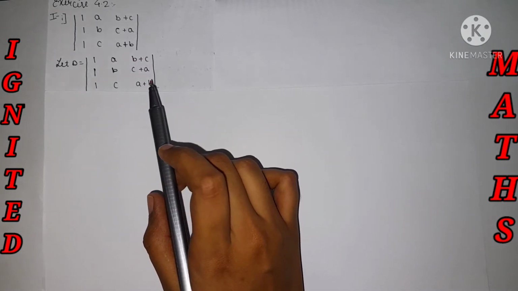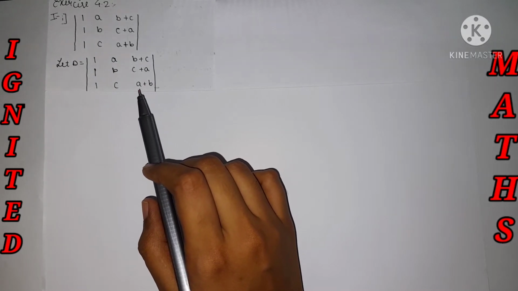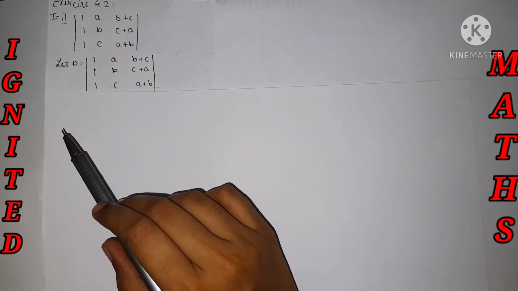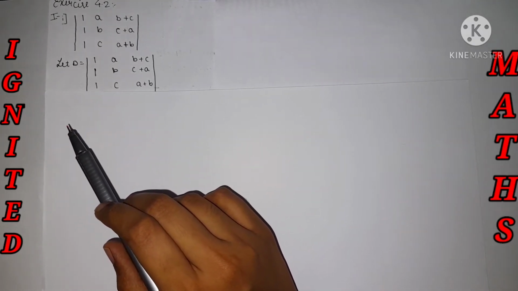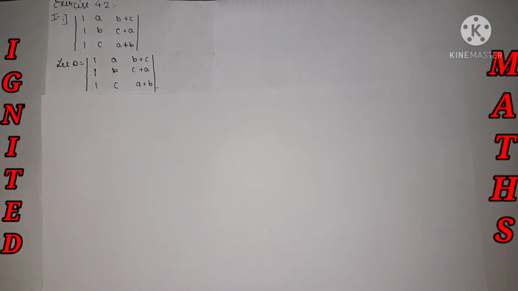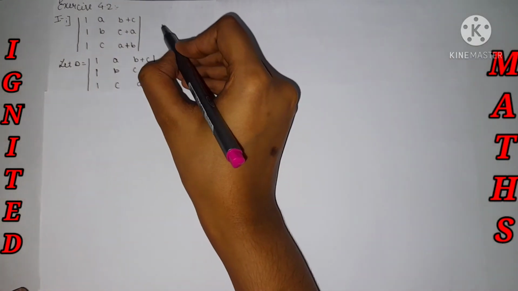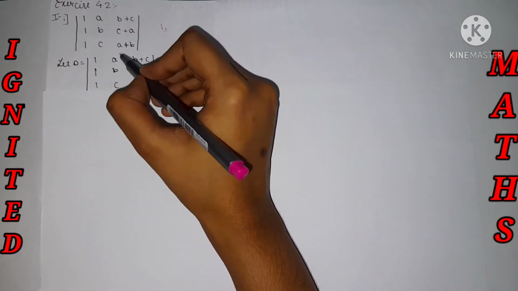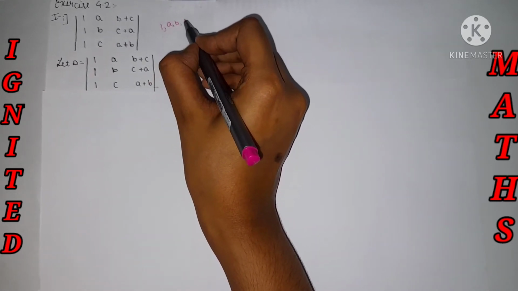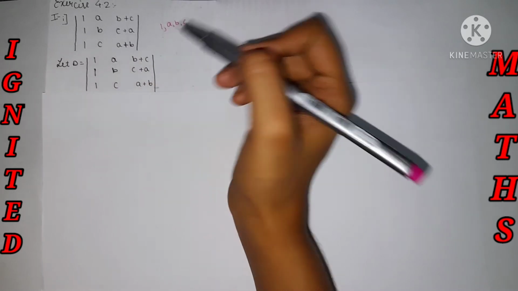We need to relate it in such a way that we can find the value of the determinant. How? By using elementary transformations, by row operations or column operations. There is no certain rule that we must use a row or a column operation, because the question has not specifically mentioned it. It's up to us. The terms contain a constant term 1 and the variables a, b, c, so there are 3 variables and 1 constant term.